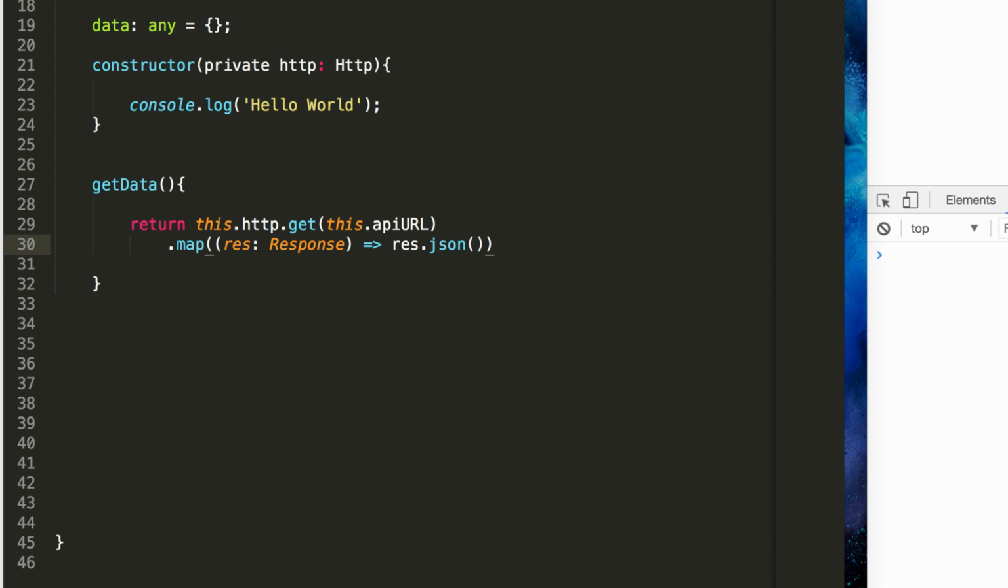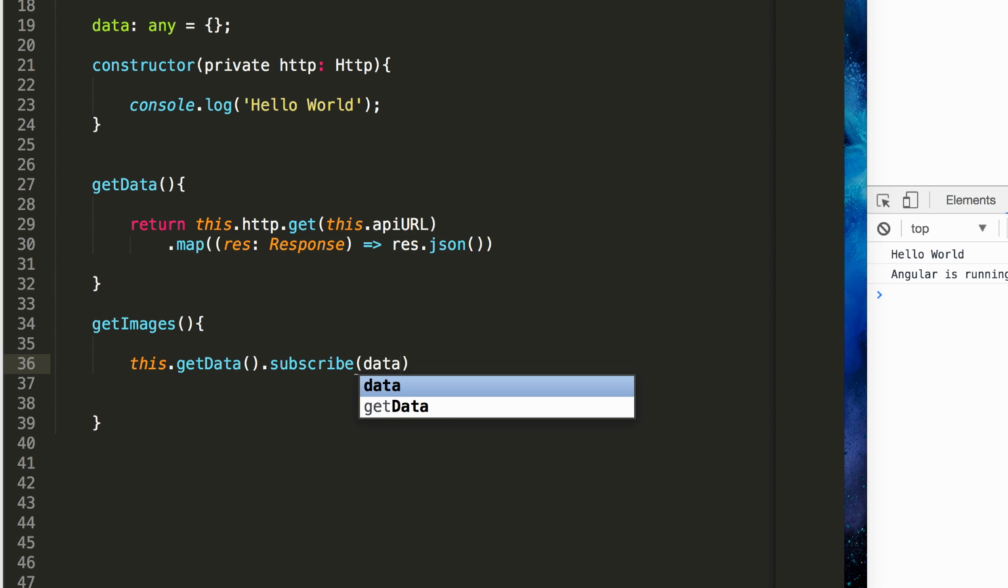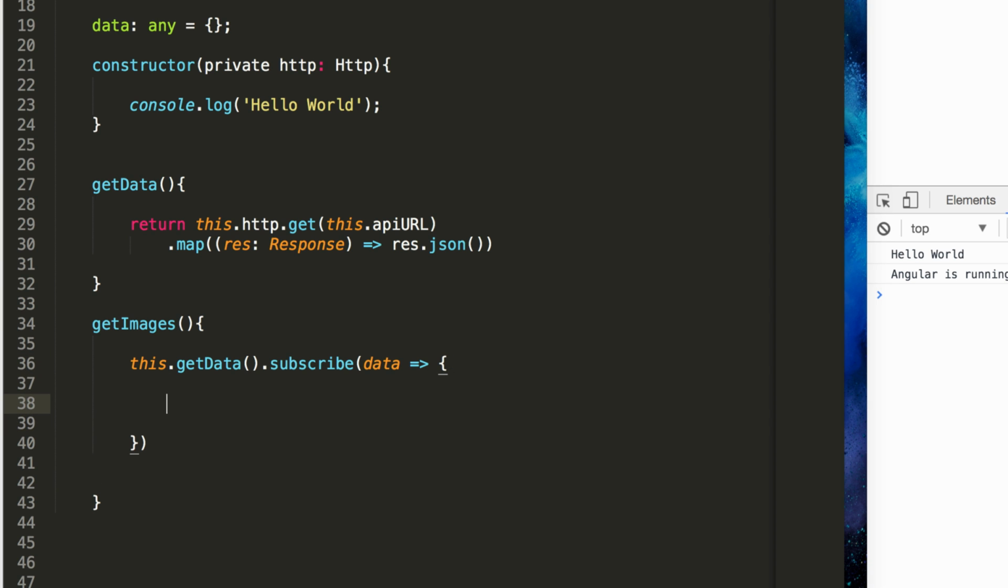Okay, so now that we have that, we want to create our second method. So we're going to say getImages, and we're going to define that method pretty much the same way. What we want to do is say this.getData, which is the method that we just created, and subscribe to it. I'll explain what that is in just a second. I'm going to say subscribe, and what that is going to contain is data. And data is basically, you can view that as a success event. So what I can actually do is say console.log data, and if I save it,